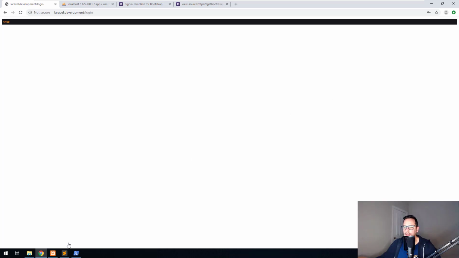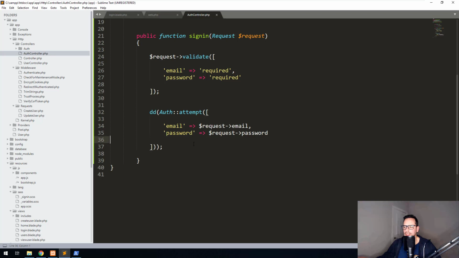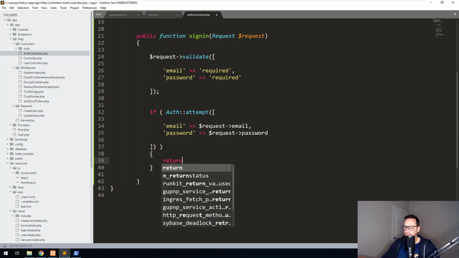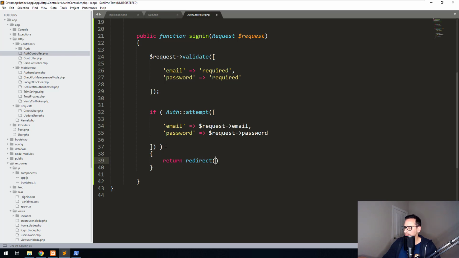So to do that, what we do is we just take away the die and the dump here, and we want to make this an if statement. So we'll do if auth attempt is true, then what we want to do is we want to return a redirect